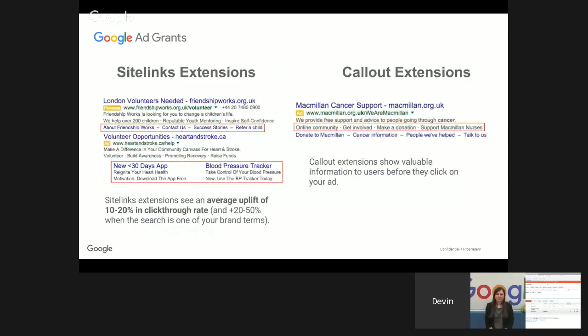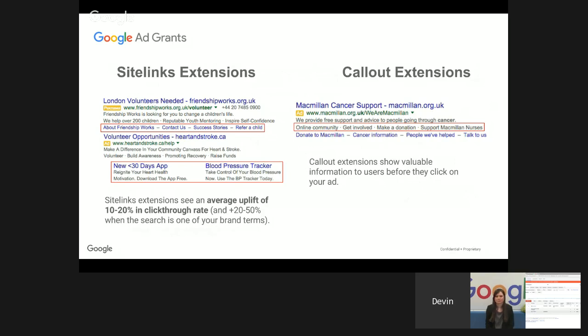So there are several different types of ad extensions, and not all of them may apply to your account. These two, site link extensions and callout extensions, are likely to be applicable. Site links are those clickable links that you see under an ad. And they're great because they allow you to take people to the page that they're looking for in one click. So in the case of the first ad example here on the left, if someone is looking to contact that organization directly, then they can click on the Contact Us link under the ad and be directed to their Contact